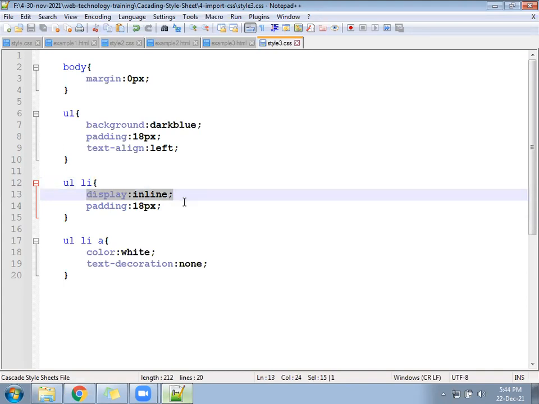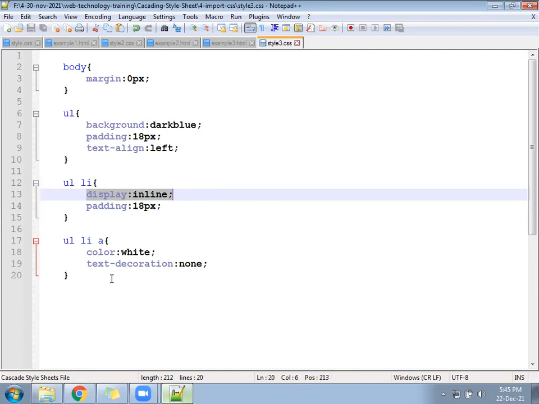Now, if the user opens the page on a mobile phone, all the menu items will not fit in one line. It will start overlapping. The user will face a problem. So for mobile phones, you have to put display block so that all menu items go to the next line.